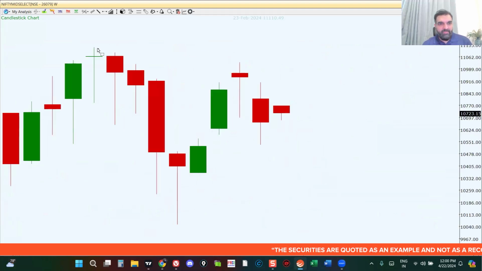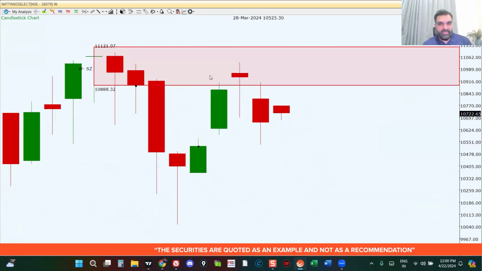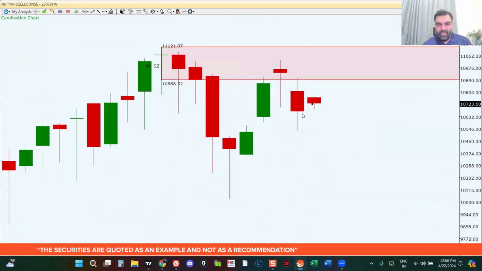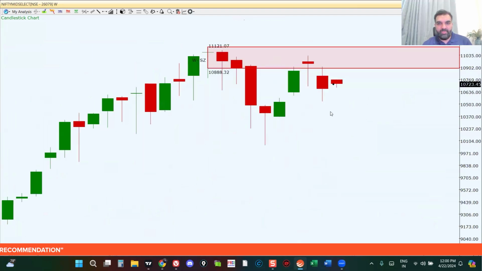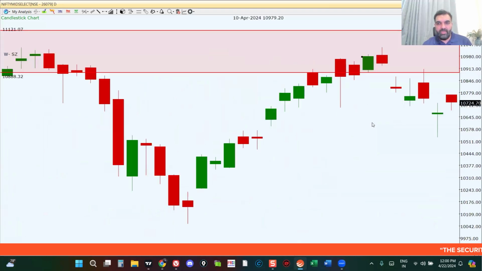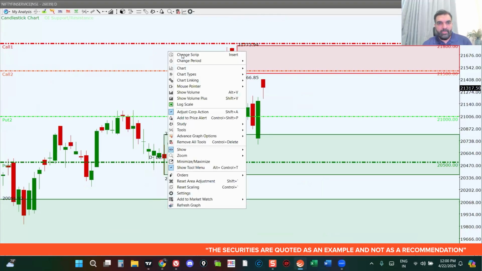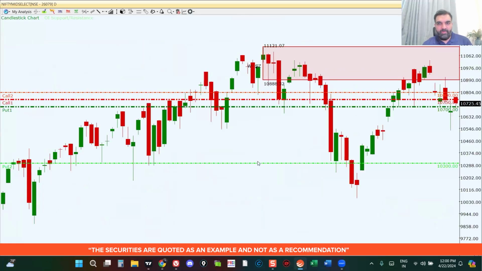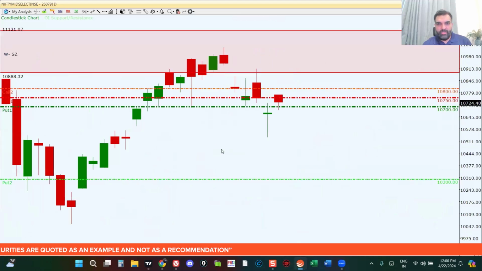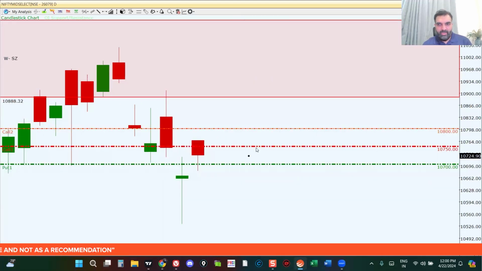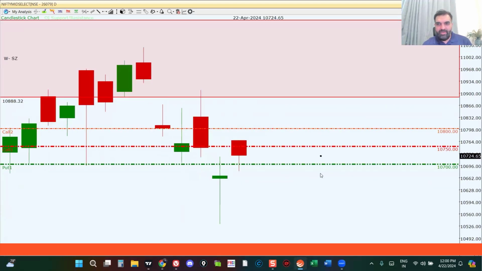We do have this level of supply from where the prices have been reacting. So it's going to be a little difficult for mid cap Nifty to break this higher time frame supply. And we might expect to see more or less consolidation coming in. If you look at the open interest levels, let's quickly have a look. So you can see here the open interest levels are pretty much stacked very, very closely.